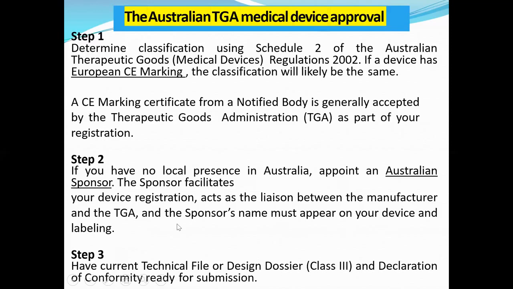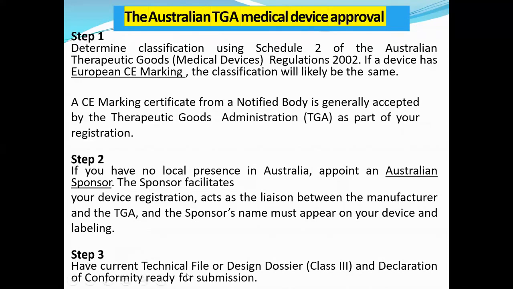How do we go about it for the USFDA also? In USFDA also we appoint a US agent if you don't have your own presence there. If you have your own office registered at a US address, then there is no need for separate registration. Your employees who reside in the USA and have a US address can act as the US agent, so there is no need to appoint a separate one. Similarly in TGA, if you want to enter Australia, you have to appoint a sponsor in TGA Australia, and you can proceed further.